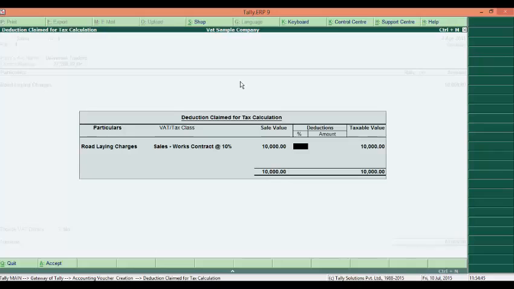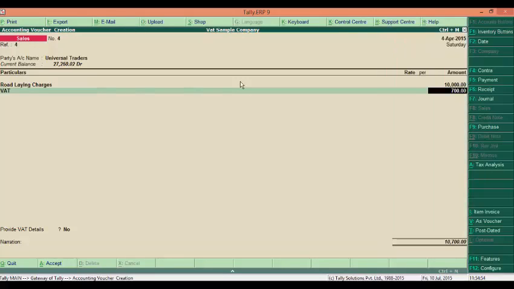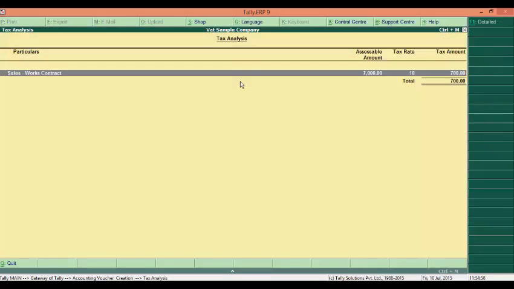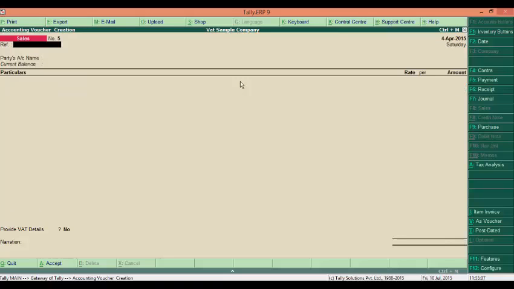So suppose we are entering 30% deduction, the taxable value is 7,000. Now select the VAT ledger and VAT will be calculated on 7,000 at the rate of 10%. You can see this in the tax analysis screen. Now save this. So this is how your works contract will be handled in Release 5.0.